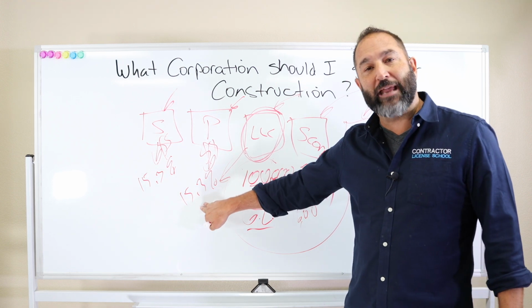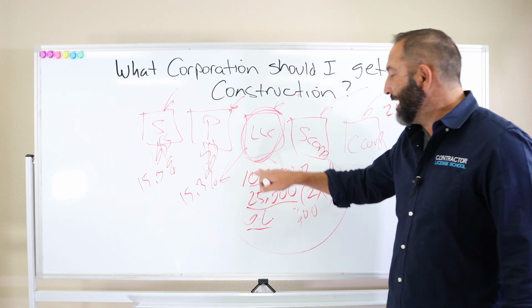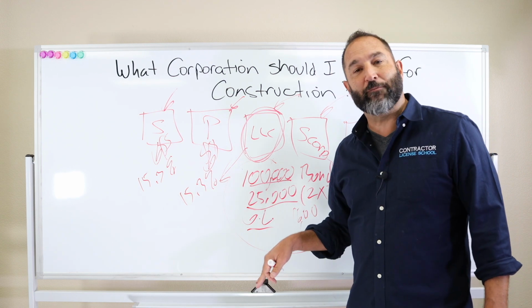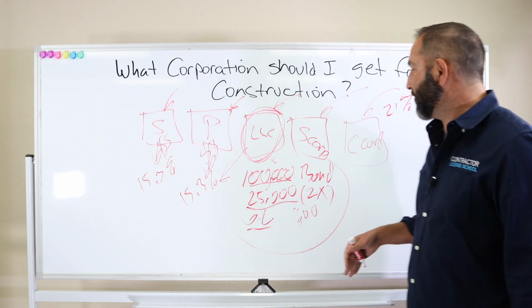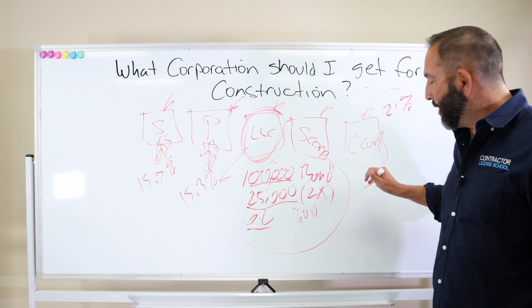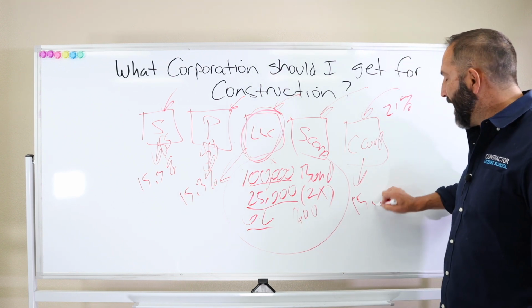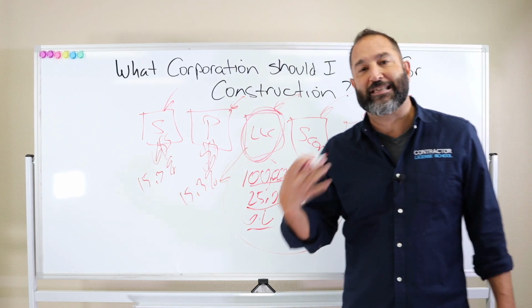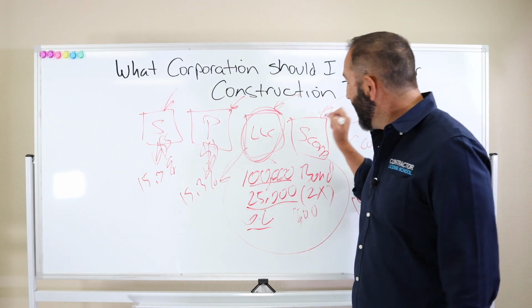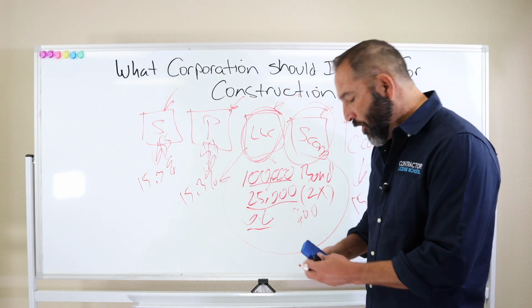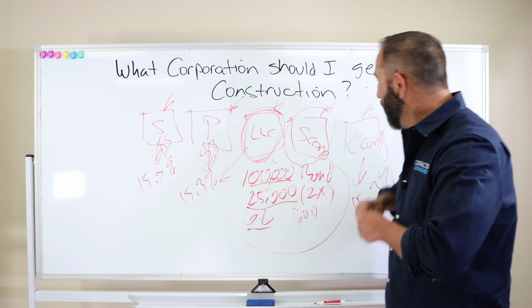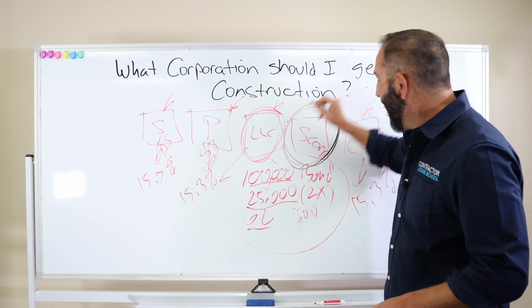For a partnership, you're paying the same thing if you're taking out that money. The LLC, you're paying the same thing, 15.3%, which is $15,300. And the C corp, if you take out monies in a draw form, you're still going to pay the 15.3% in self-employment tax. Now, the S corp is the only one. So watch this. It's the only one. I'm going to circle this in black so you can see that.